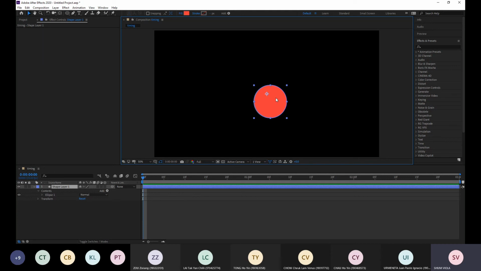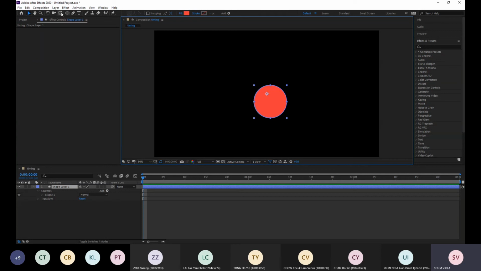You can see that the center point here is not exactly at the center of this circle, so I will slightly move it.